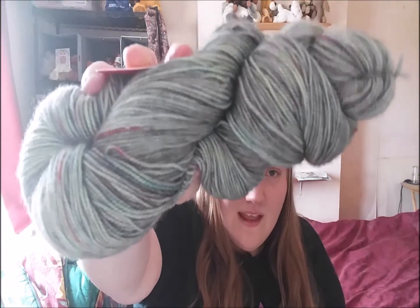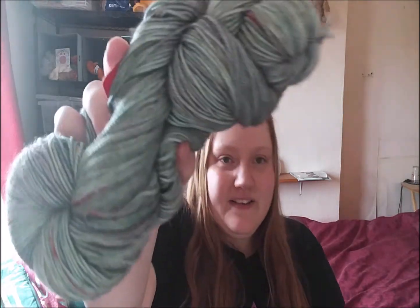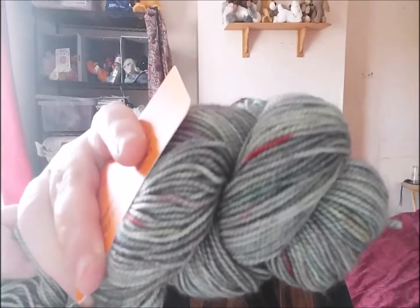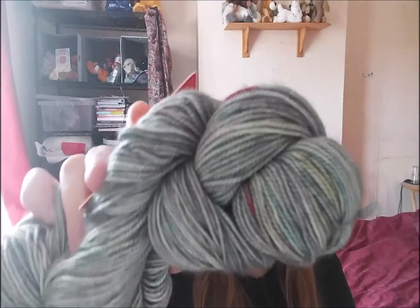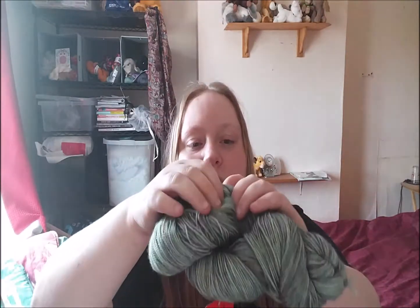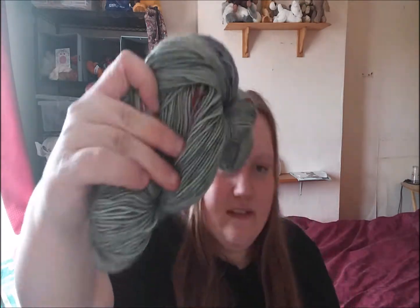So on Instagram I'd seen these skeins. The colourway is Shakespeare line, this insubstantial pageant, and I just loved the green. You can't see it very well, it's washing out very much here, but the green with the pops of red, and there's pops of teal and blue and all sorts within the yarn. If you dig deep into it, there's some nice pops of red that matches with Nanny Ogg's bloomers, which I also have. So for these two I bought 2 of those,